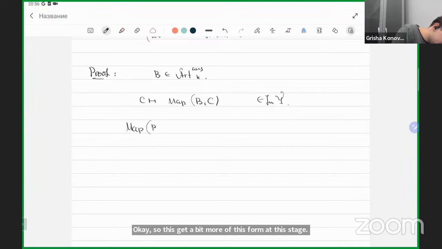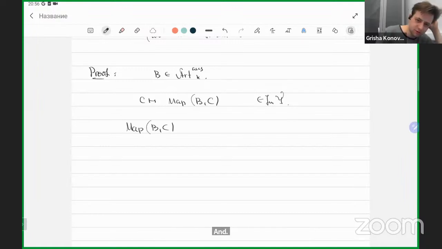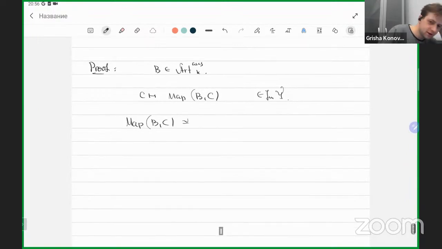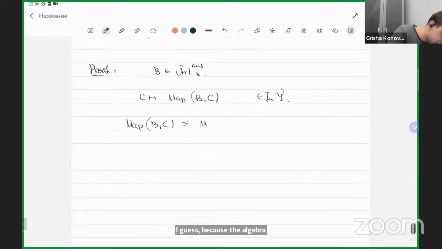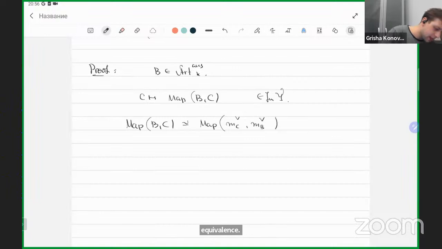Because the algebras are Artinian, we can dualize them, and this is going to be an equivalence. And that coalgebra, B dual,